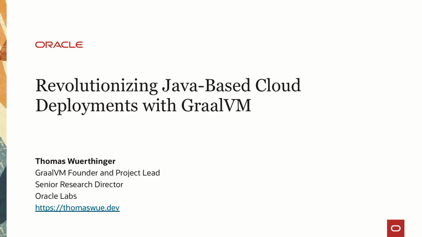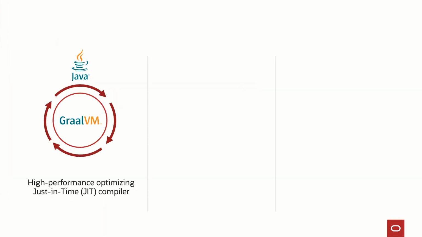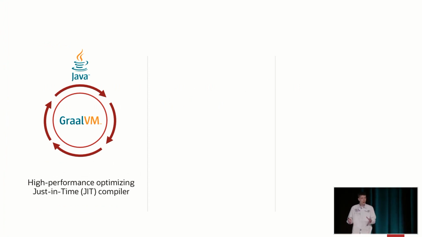All right, hello everybody. Welcome to my talk on how you can use GraalVM to run Java-based applications in cloud environments. For those who haven't heard a lot about GraalVM yet, GraalVM is first and foremost a new way to run Java, and it has a Java JIT compiler, a so-called just-in-time compiler, that optimizes Java programs faster. When you compile your Java programs, you compile them to Java bytecodes, and then the virtual machine later compiles them to machine code. And we have a GraalVM JIT compiler that does this compilation a little bit more efficiently, specifically for very modern